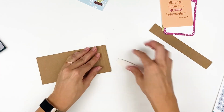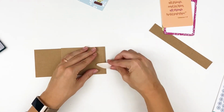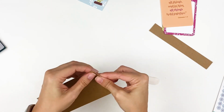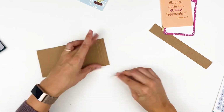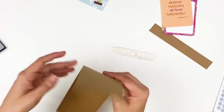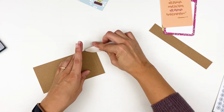I have found that this mechanism works best when you really break down the fibers of the paper where those fold lines are. So I fold back and forth in both directions. I'm reinforcing the fold with my bone folder. And then once I get them all folded, I actually go back in and just keep manipulating those folds back and forth to really break down the fibers. You want it very floppy and worn, and that's going to give you the smoothest